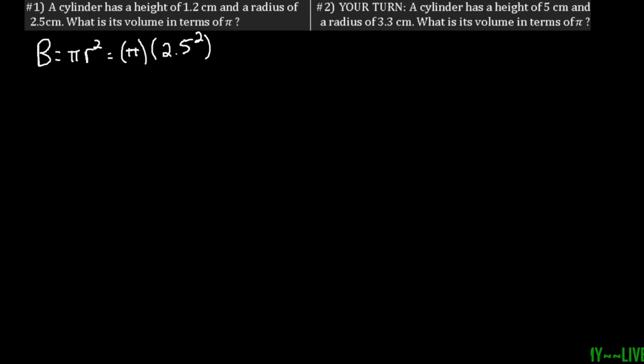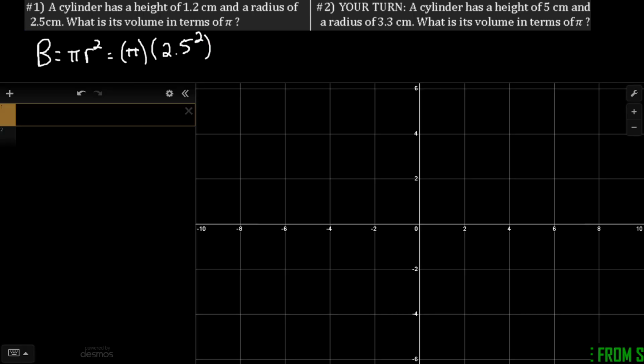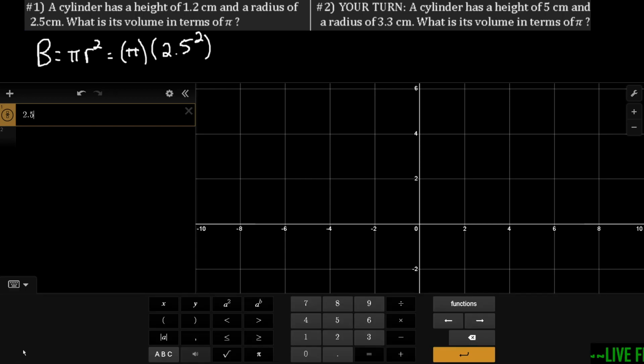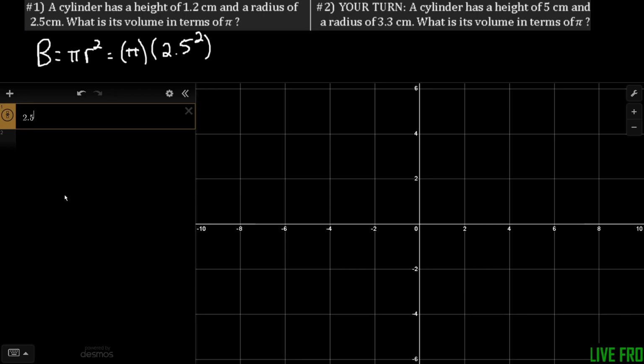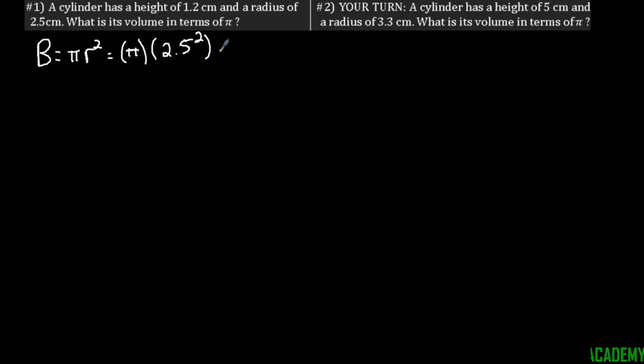Which we can multiply out. In your Desmos calculator, make sure you can pull it up. In my calculator, I can do 2.5, hit the little keyboard button, and say a to the second power because that's squared. Or another way of doing it, if you don't like bringing up that keyboard, you can do Shift 6, and it will move to the exponent. So 2.5 squared is going to be 6.25. Now let me switch back. That's going to be equal to